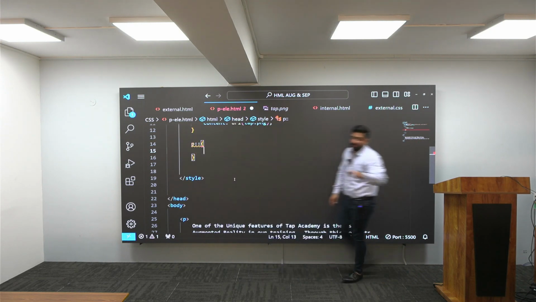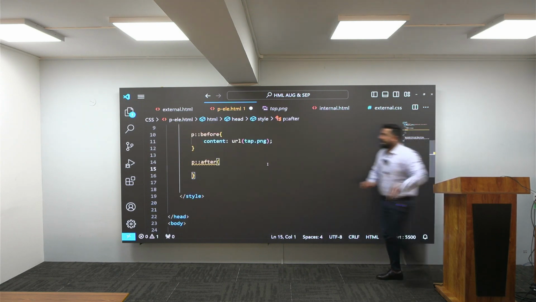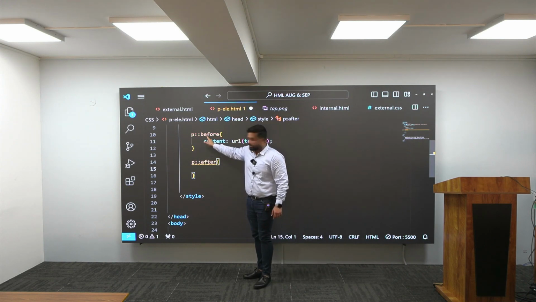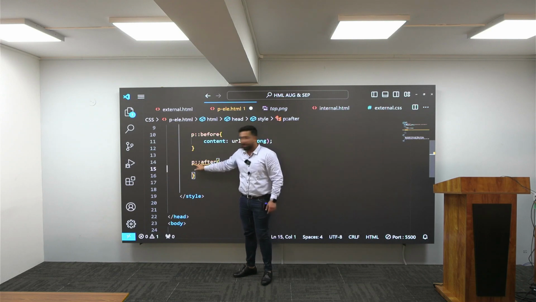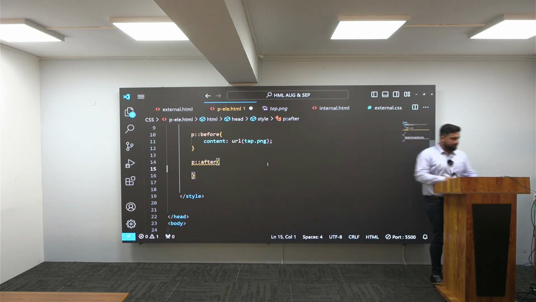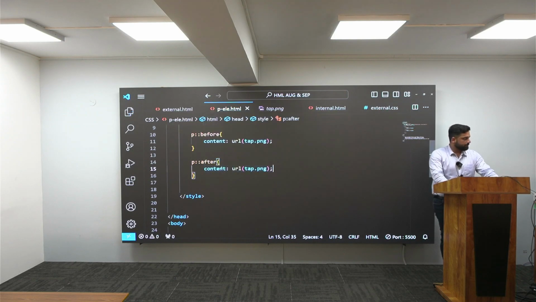Now after my colons, I will be putting one selector, which is after. See how I have given for this P, two times colon, then I have given before. Same procedure you have to follow. P you have to give, two times colon you have to give, and you have to use the after selector. Now if I use the after selector, what will I do? Same thing I will copy and paste over here. Now I will save this.